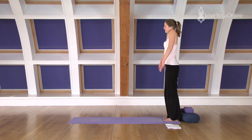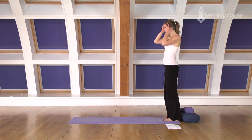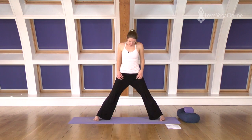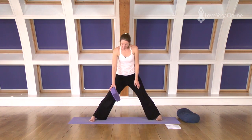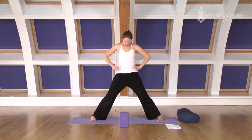That's lovely. So now we're going to step the feet wide on the mat. So we'll take the feet as wide as you can, maybe between 3.5 and 4 feet wide. And for this, we're going to take a block to help us. So we'll just pop the block in front of you. Taking the hands onto the hips,